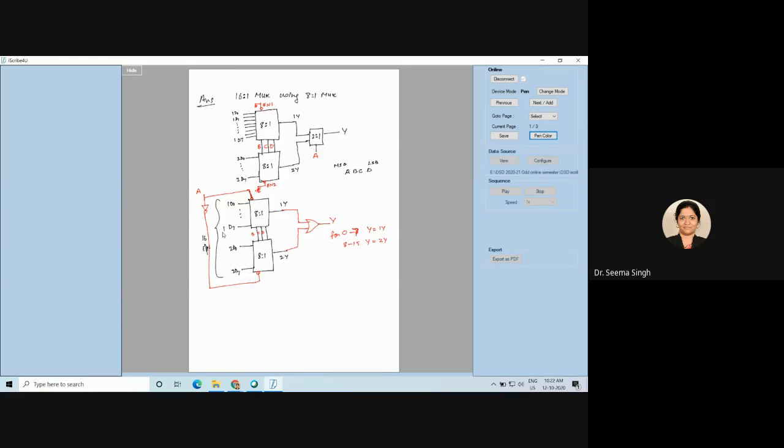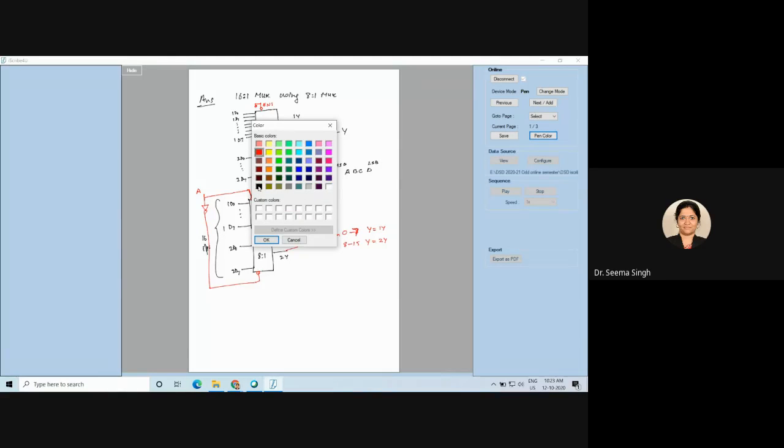Why? Because the other one will be 0. Okay, so this is about using a mux without a 2:1 mux. I am designing it. Okay, now I want you to do the next question, and that next question is,